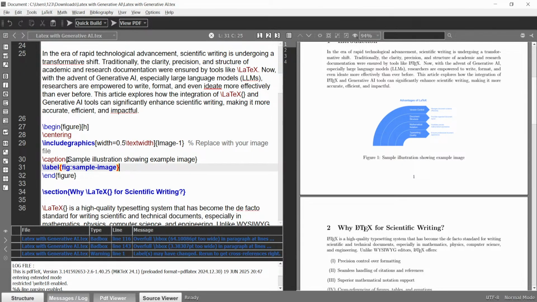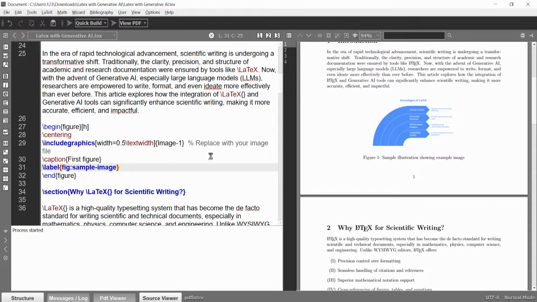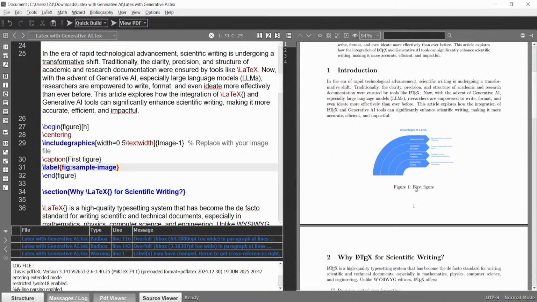A simple illustration showing an example, which you can manipulate, and the figure number is automatically there. You can use here first figure. I am using first figure, and you can see it on the right hand side.